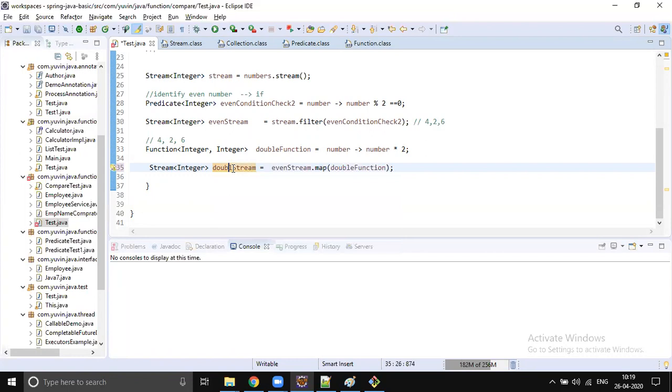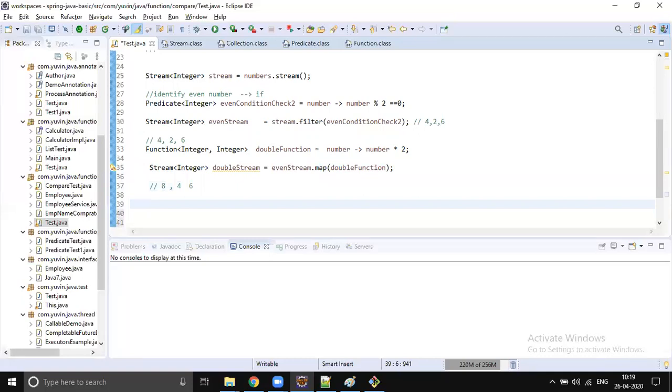So now we got a stream which filtered even numbers, and after that doubled the value. Still not sorted. We have data like this: 8, 4, then 6, 8, 4, 6.